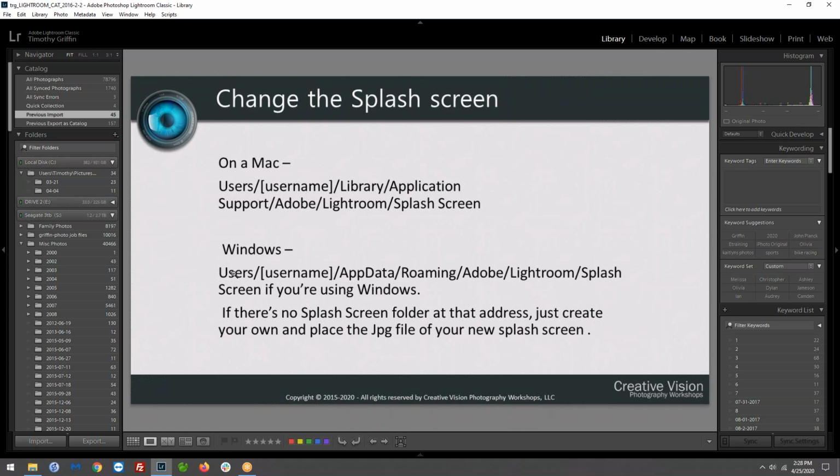On Windows, it's Users, your username. So mine would be Users, Timothy Griffin, AppData, Roaming, Adobe, Lightroom, Splash Screen. Again, if you just do this for the first time, the folder Splash Screen does not exist. You may have to create it, but you just create a folder and put your image file in it. And every time you open up Lightroom,